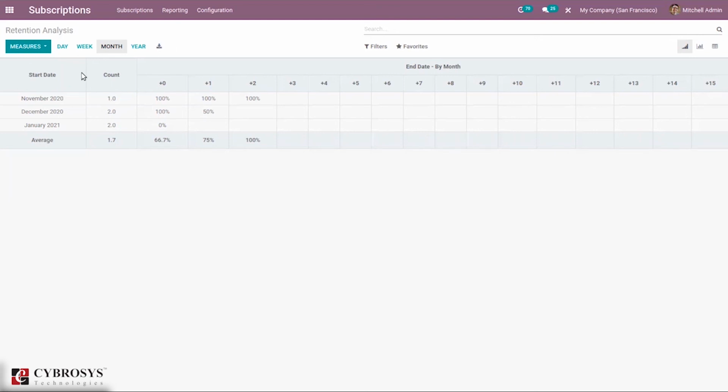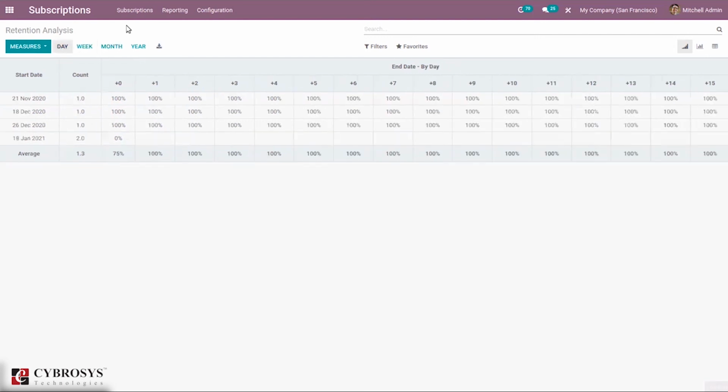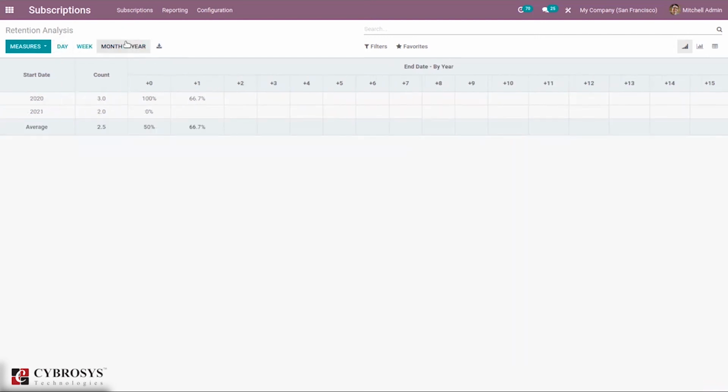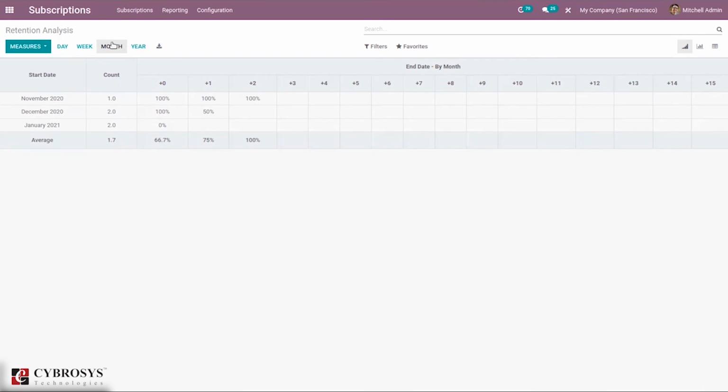So we can see the retention analysis by month. You can see it month wise, week wise, day wise, and yearly. For the years 2021 and 2022, you can see the count, and as a percentage for each column, and you can see the total average in percentage. For this also we have graph view and pivot view.